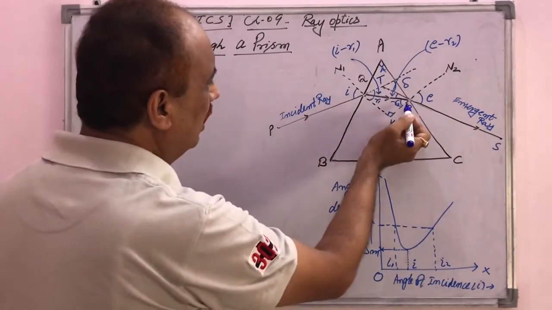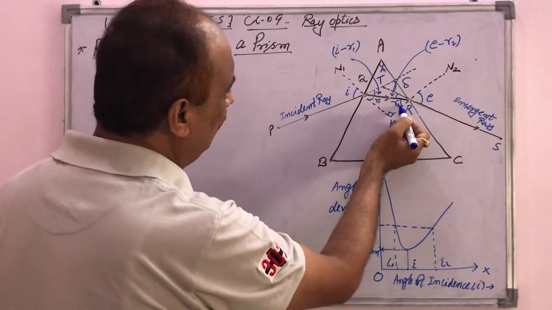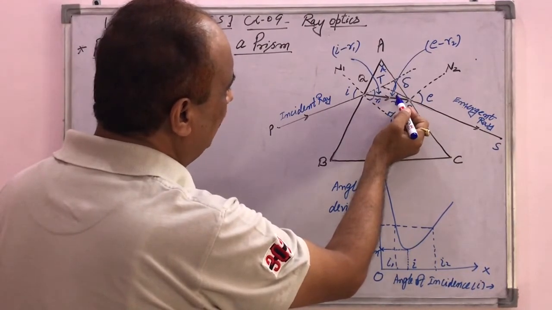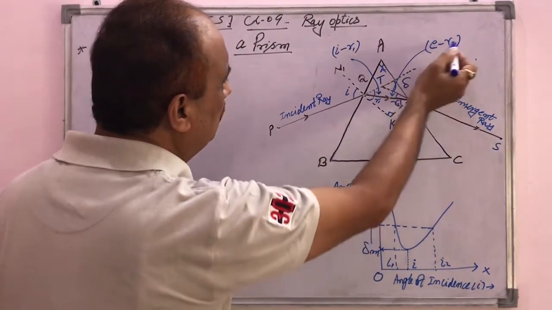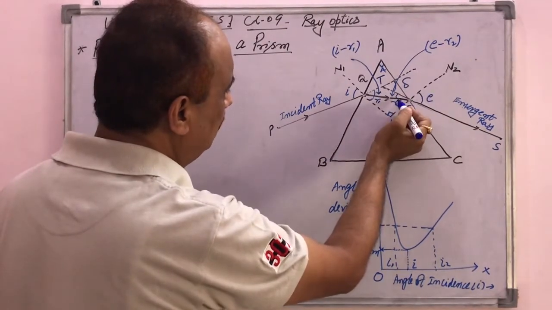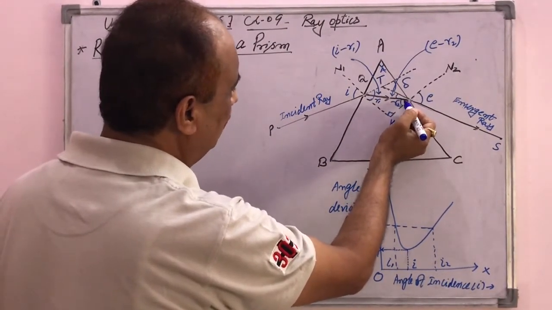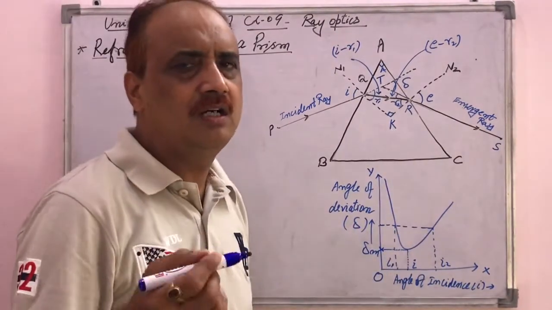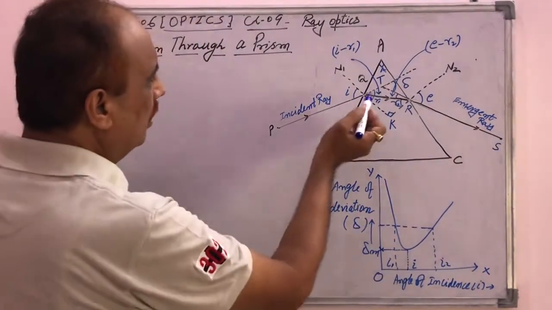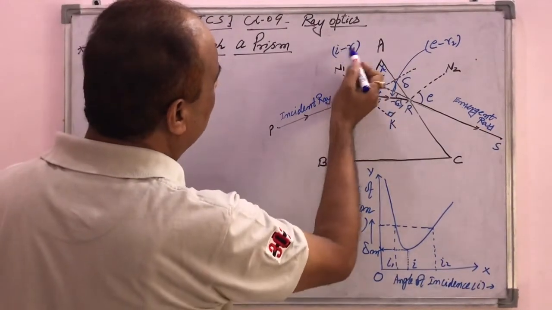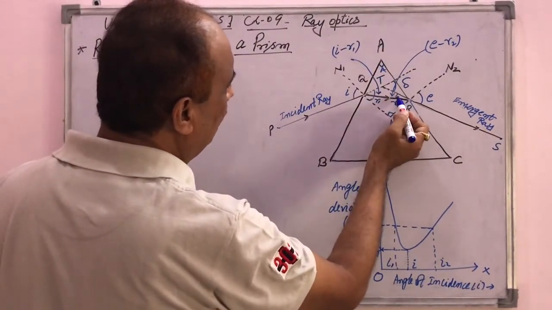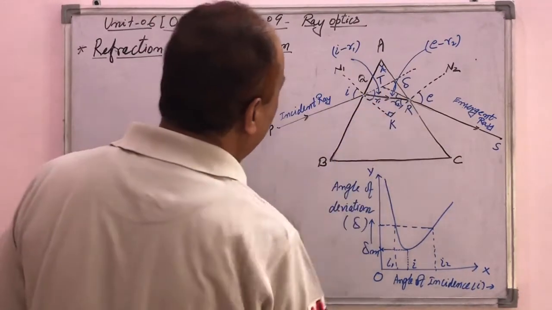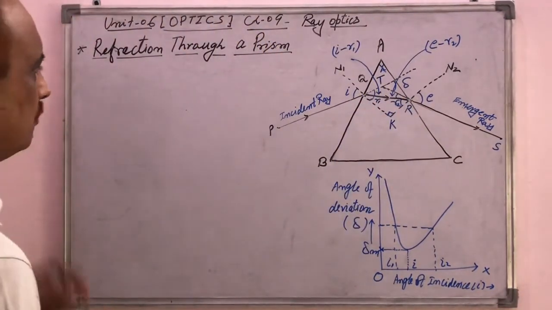Similarly, at the point R, the lower angle is R2, and the upper remaining angle will be equal to E minus R2, because the whole angle at the point R is also equal to E. These are alternate interior angles. So at the point Q, the angle is I minus R1, and at the point R, the angle is E minus R2 in the triangle TQR. So we have to start the derivation from here.